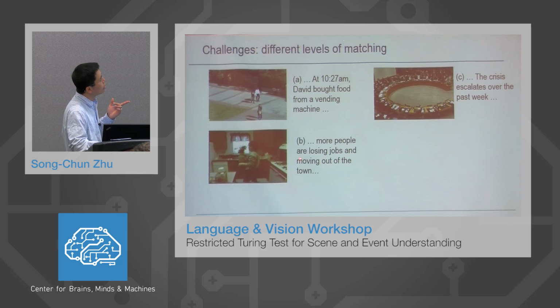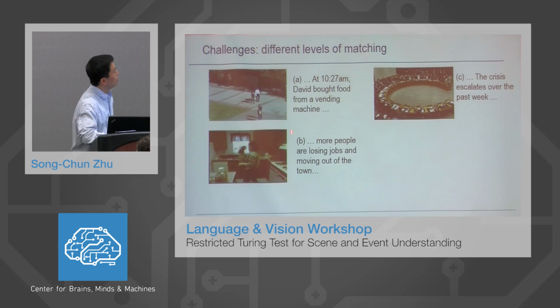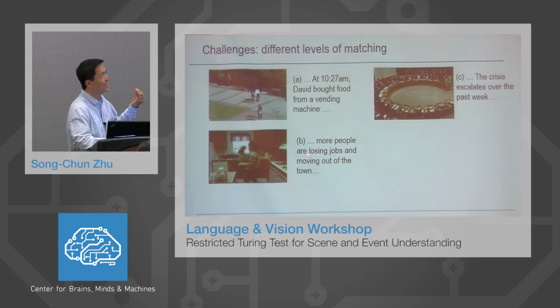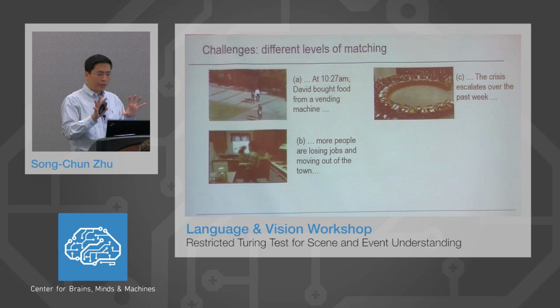This one is recorded from news. The news caption says that more people are losing jobs and moving out of town. Then you see this woman, what is she doing? Packing, right? So she's packing, moving all the stuff in the kitchen, just to get out. Okay, so that is the news. You can see that losing jobs and moving out of a room, there's nothing common with this. But you have to use your imagination to deduce from both video and the text, and then you find the common part. Humans are pretty good at doing that,